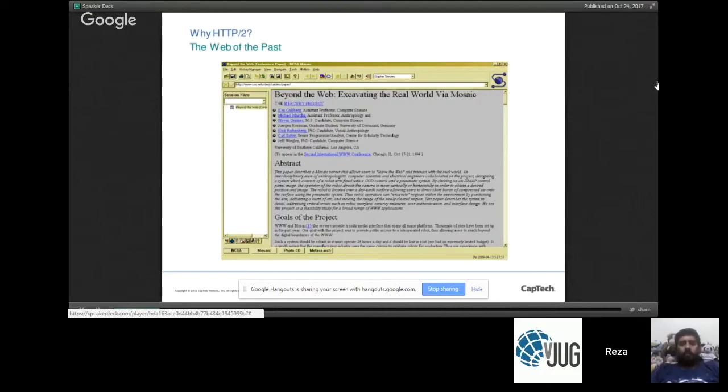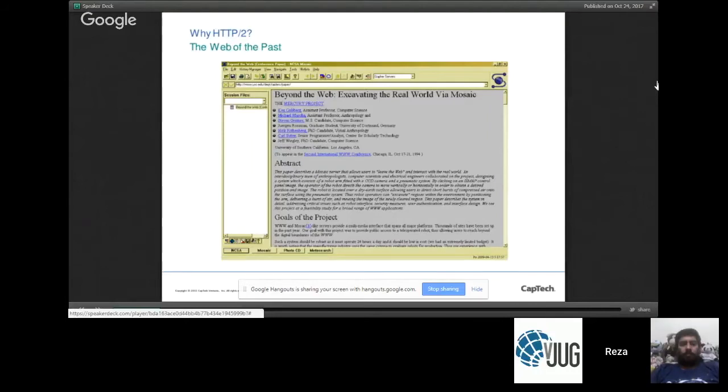Okay, so first let's talk about HTTP 2.0 and why HTTP 2.0, and what this is actually really about. It's actually a foundationally important thing that you should absolutely know about. If you don't know about HTTP 2.0, you really would be doing yourself a disfavor as a server-side Java developer, or any kind of server-side developer for that matter.